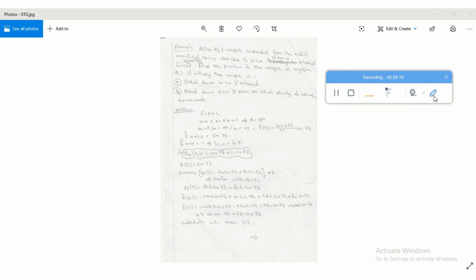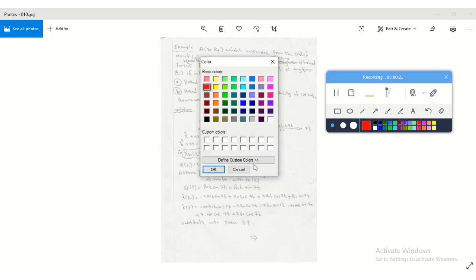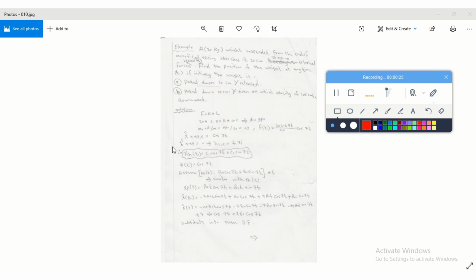Okay, after we identify or find the X homogeneous here, now we will find the particular solution, or the XP. The right hand side is equal to cosine 7t. Now we will assume, as we said before, based on the right hand side. Assume XP sub t